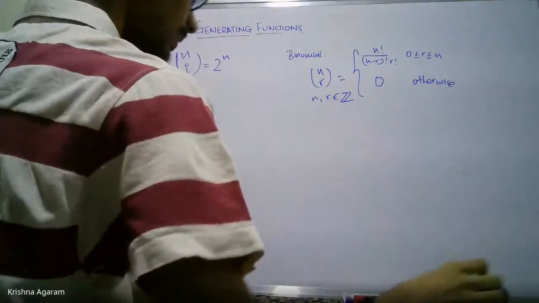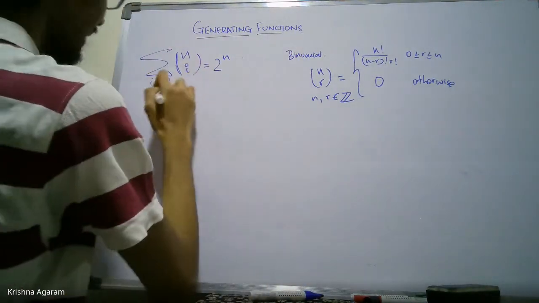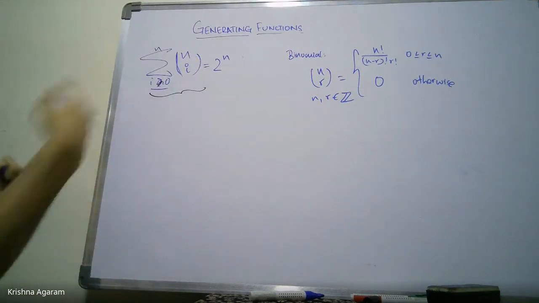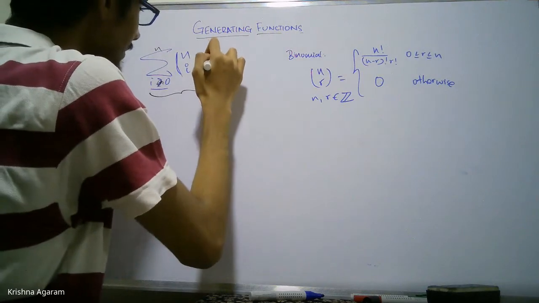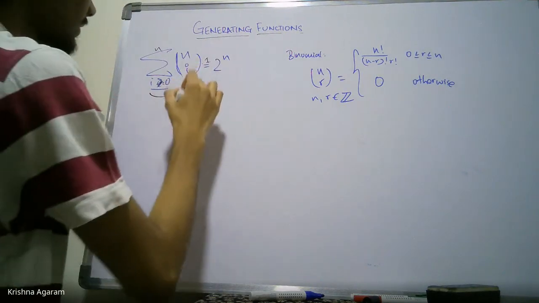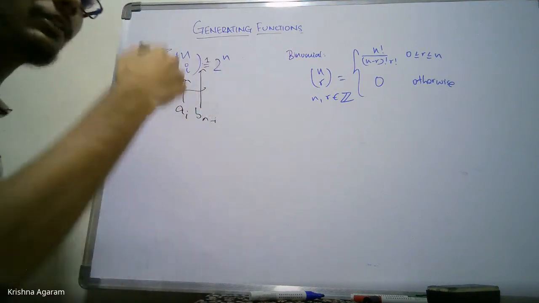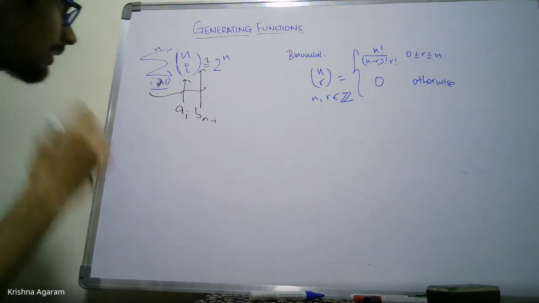Okay. So what you do is you write this. You can write this as i equals 0 to n as well. There's no problem, because after that it is anyway 0. You can write this as this times 1. So this is your a_i, this is your b_{n-i}. That's how we did it for both series being 1, like in the previous thing, to get the 1 by 1 minus x whole squared, that one.